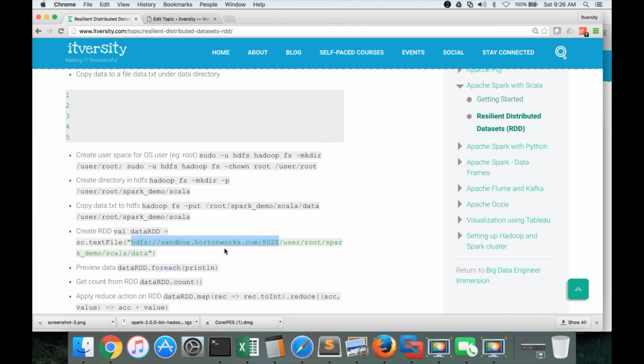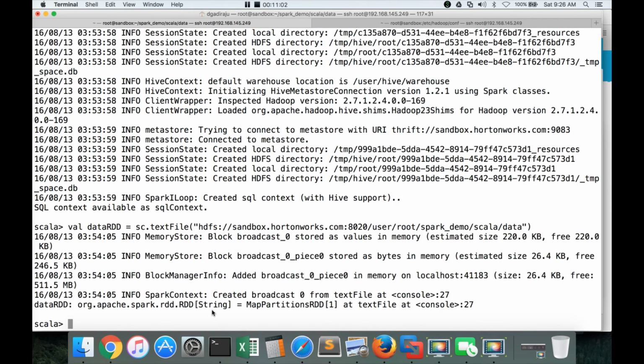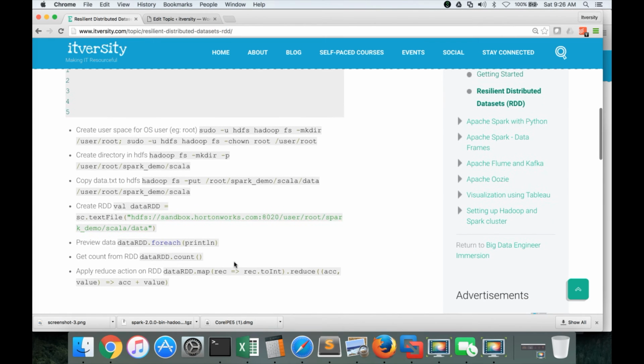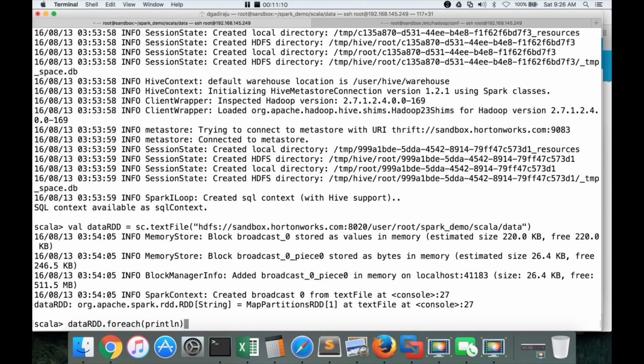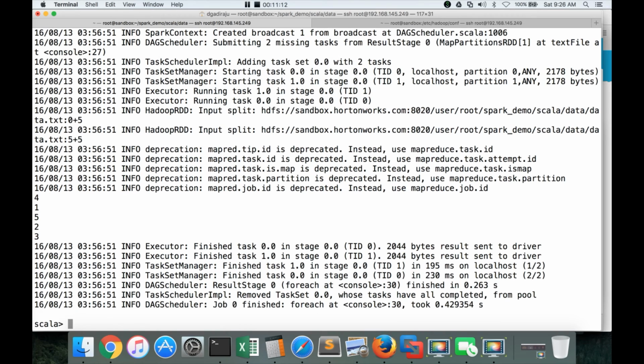Already the RDD is created, and it is of type String. We can preview the data by using the foreach function, because an RDD is nothing but a collection, and in this case the items in the collection are nothing but lines in the file.